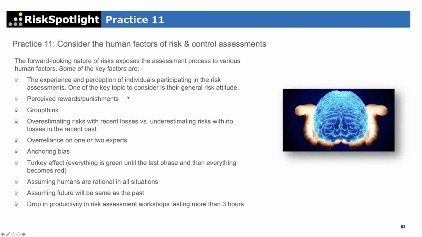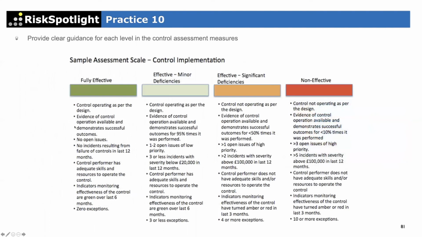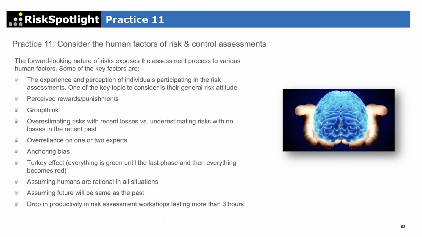So in this context, there are some factors I wanted to highlight which you want to think about. This is where I would recommend reading the book Thinking, Fast and Slow, which I highlighted on the first day. It has lots of examples of how humans have biases and tendencies where we may do things that are not right in certain circumstances, or we think are right but are not correct, because of our human biases. So please do read that book. The whole book talks about just this one topic.